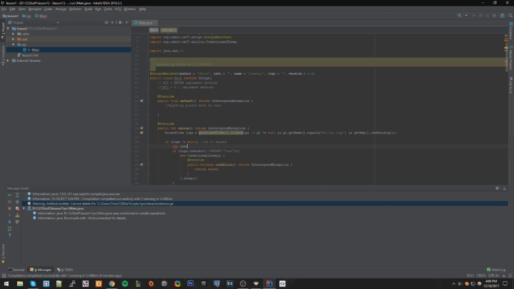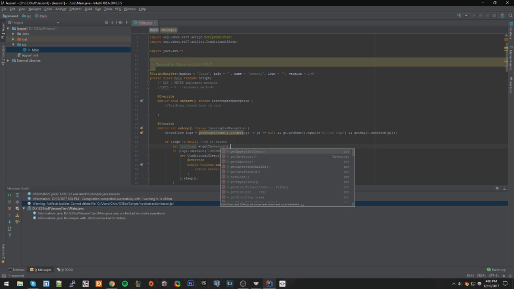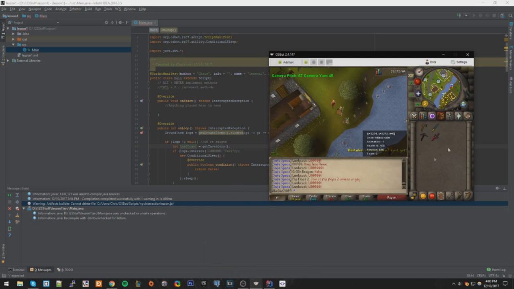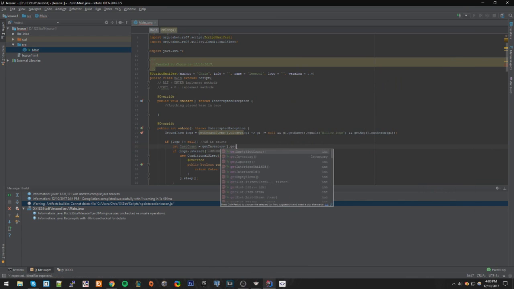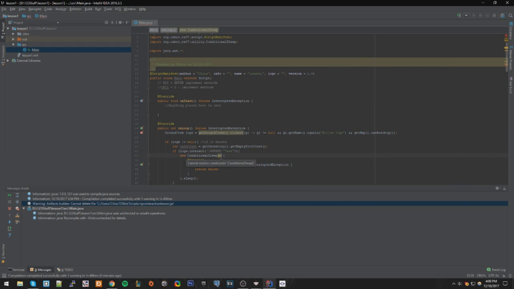So last count equals get inventory dot get empty slot count. And what this means is we're getting the empty slots available in our inventory. And that's what we want to check. And then